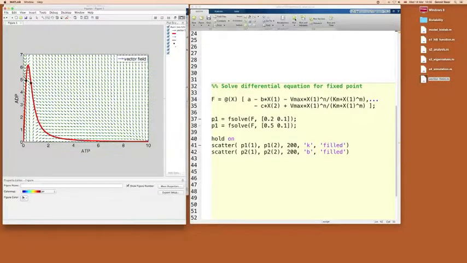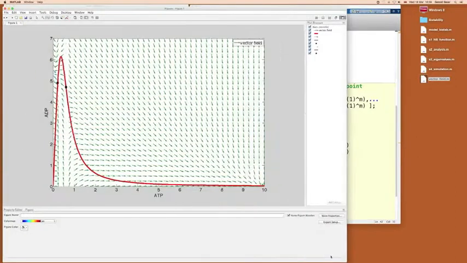If we run this, okay, so we can see, because we've had hold on a few times, we've ended up overplotting various bits. But we can see there's now a second dot that's actually on the other side of this hill. Right, and now the peculiar thing about this second dot is if we now look at the vector field in